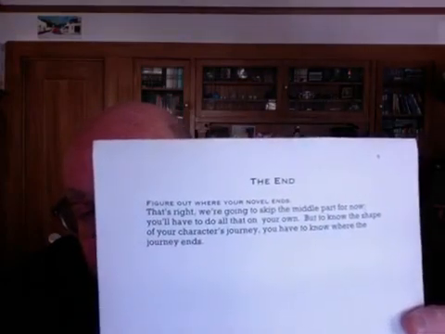So, this is the important part. Aside from knowing who your character is, I think this is the most important part about starting a novel: coming up with the end of the novel. Like I said before, if you understand who that person is when they're innocent at the beginning, and you can understand how changed they are at the very end, then you're going to know how to get that character from here to there.